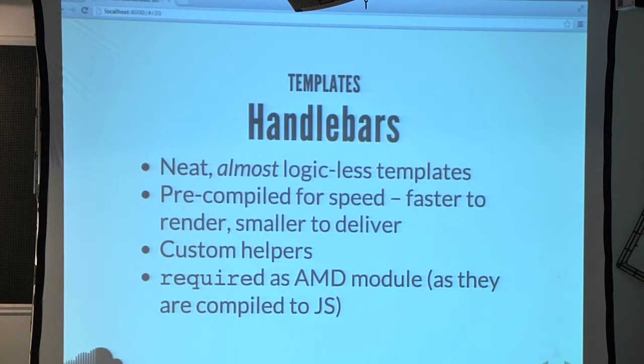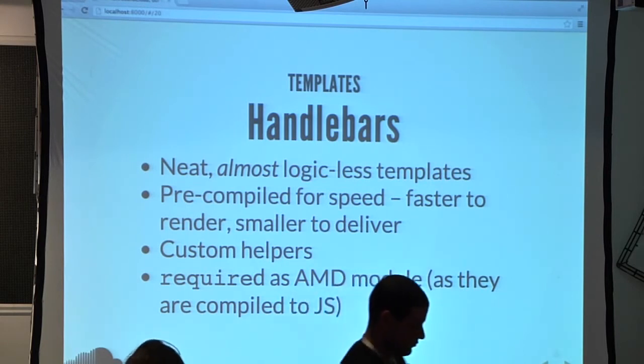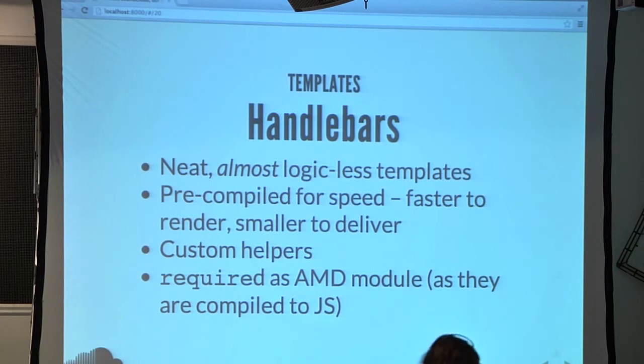They allow for looping through the nodes. They're precompiled for speed. What does it mean, a precompiled template? It's just a JavaScript function which takes as a parameter an object and returns a string. So this means that